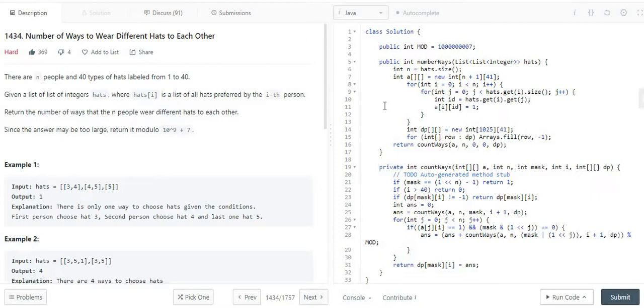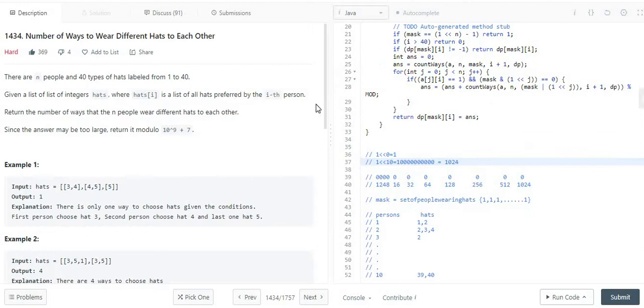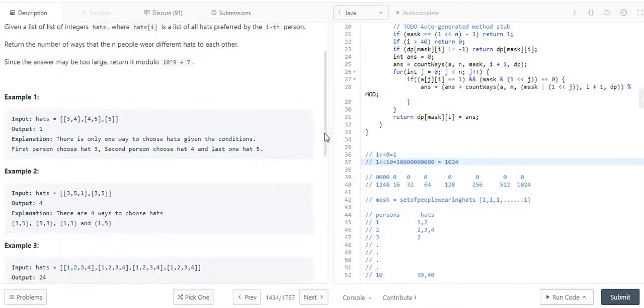So let's have a couple of examples here. In example 1, this is the hats two-dimensional array.